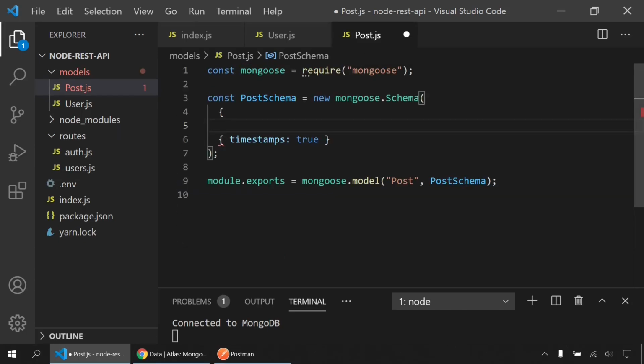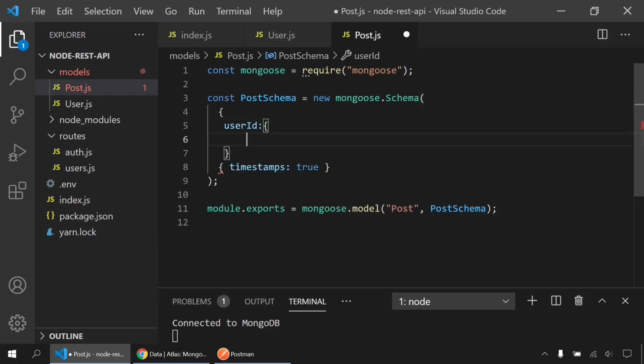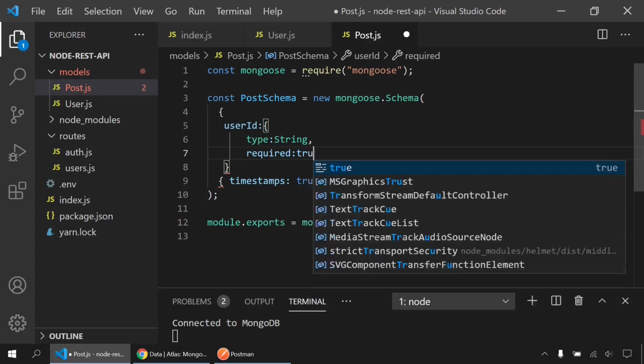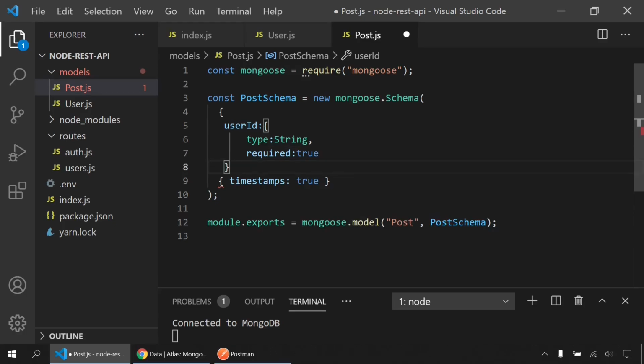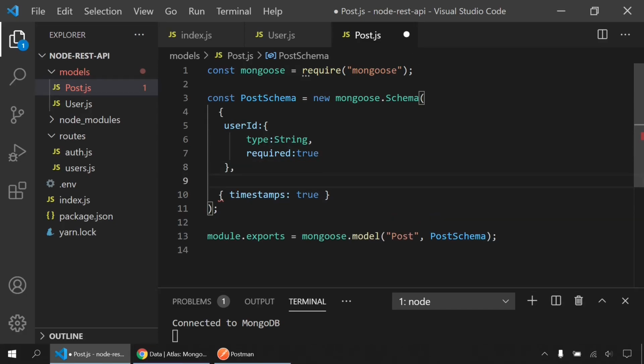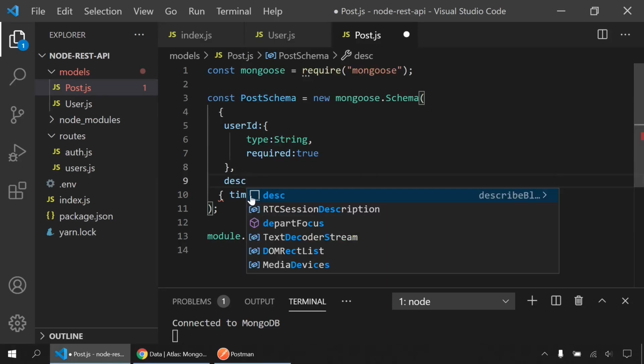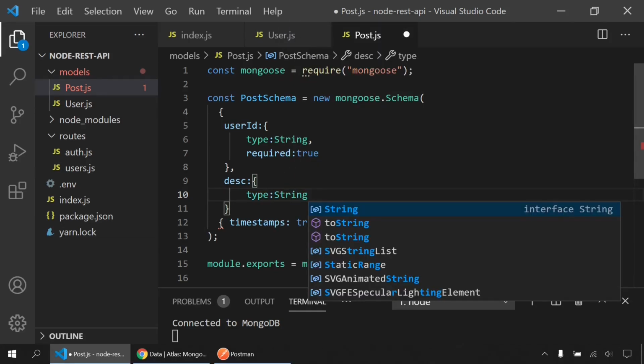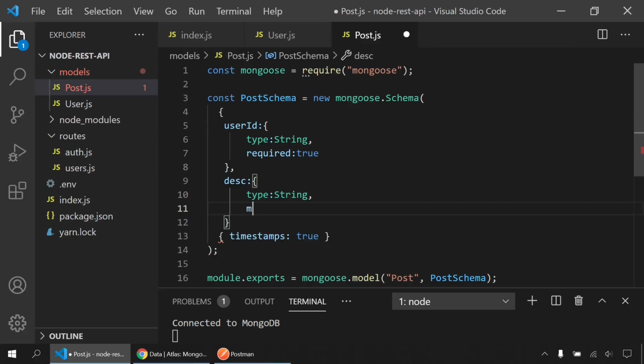Okay, first one will be user ID, type will be string, and it's gonna be required. And after that I will add description, type string, and it's gonna be max 500 characters,